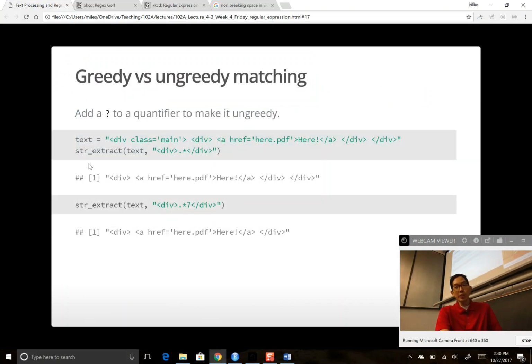There's this concept of greedy versus ungreedy matching. Here's an extract from some kind of HTML. We want to match... none of these are meta characters. The less than and greater than signs are not meta characters, so we don't have to escape them. And so if I do